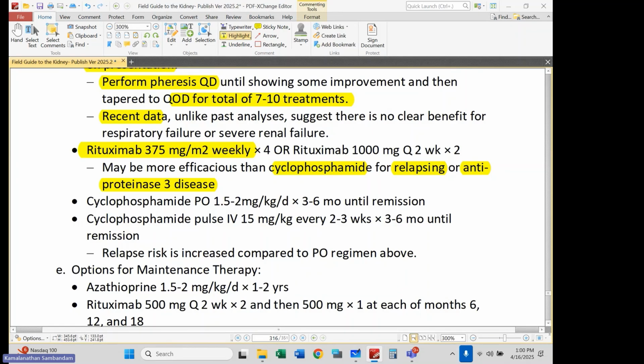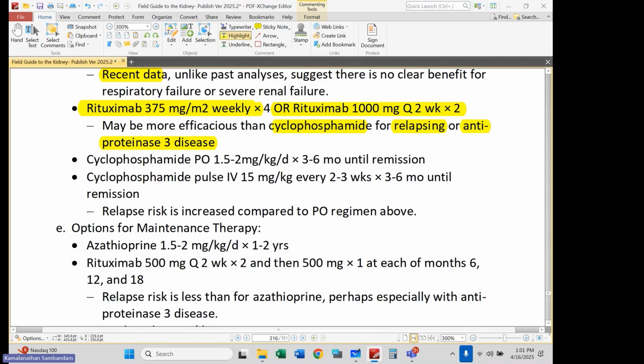The protocol that you might use is the 375 milligrams per meter squared that comes from the lymphoma literature. And also you can consider the rheumatoid arthritis dosing of 1 gram every 2 weeks. That's what we use because it's fewer doses. Instead of 4 doses, it's 2 doses and you're done. And so it's easier to execute at Parkland. Once again, it does seem data would suggest it is superior to cyclophosphamide